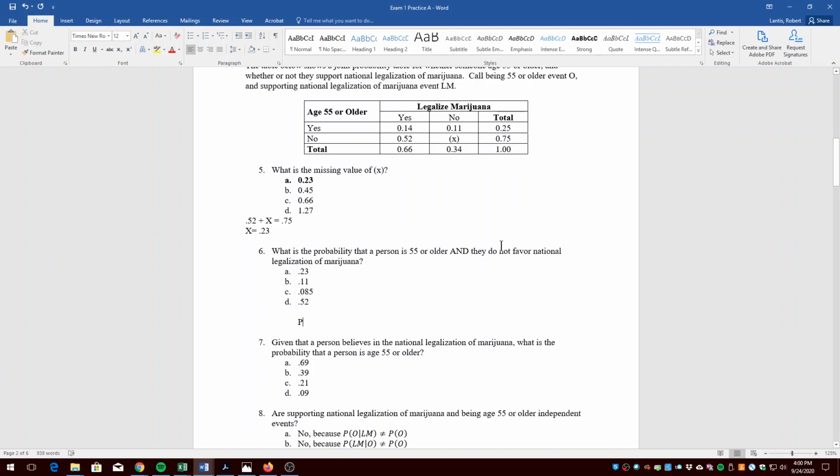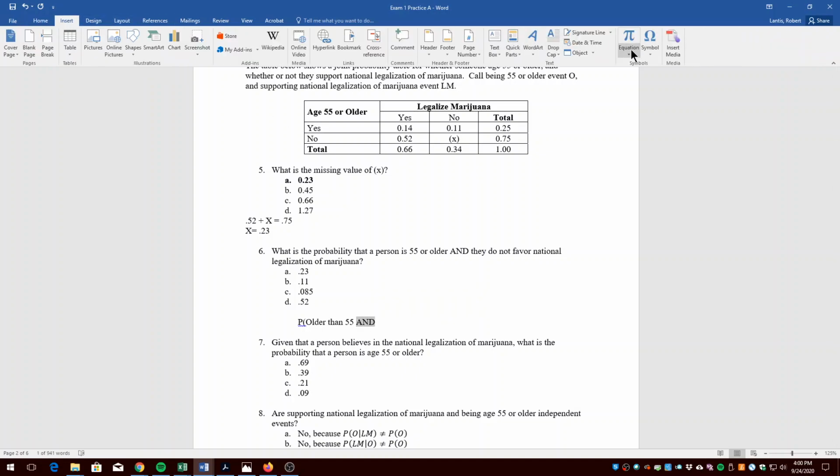So the next question we have is, what's the probability that someone is 55 or older and they favor the support of legalizing marijuana? So here, I would write down what we want to find. The probability that someone is older than 55, which is event O. It helps to write these out. So older than 55, and if we wanted to put in an actual set sign there,